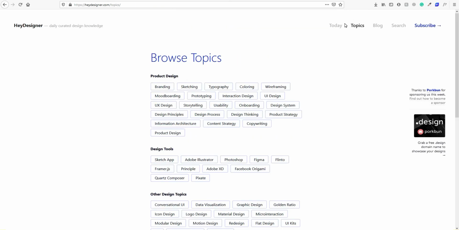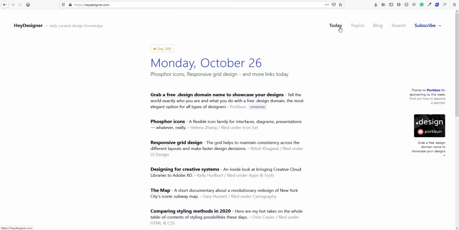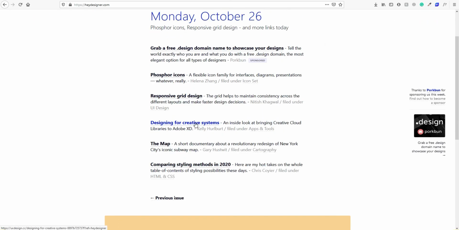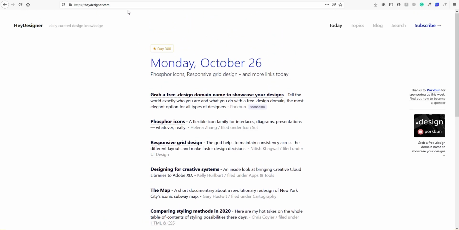So if you want to get updated, as well as if you want to learn UI UX, you can surely come to this website. They tell about recent plugins or icons or tools which you can use. It includes articles which tell us about UI UX principles and all those things. So if you want to learn, you can come to this website also.